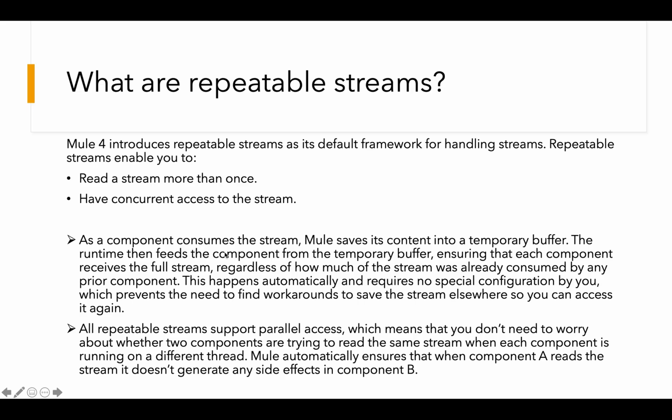Now going back to our slides, Mule 4 introduced repeatable streams, which is a default framework for handling the streams. Read the stream more than once and concurrent access. These are the two main themes about it. And as a component consumes the stream, Mule saves its content into a temporary buffer. We will be talking about it. And the runtime will then feed the component from the temporary buffer, ensuring that each component receives the full stream, regardless of how much the stream was already consumed by the previous component. A fresh copy of the same payload will be again available